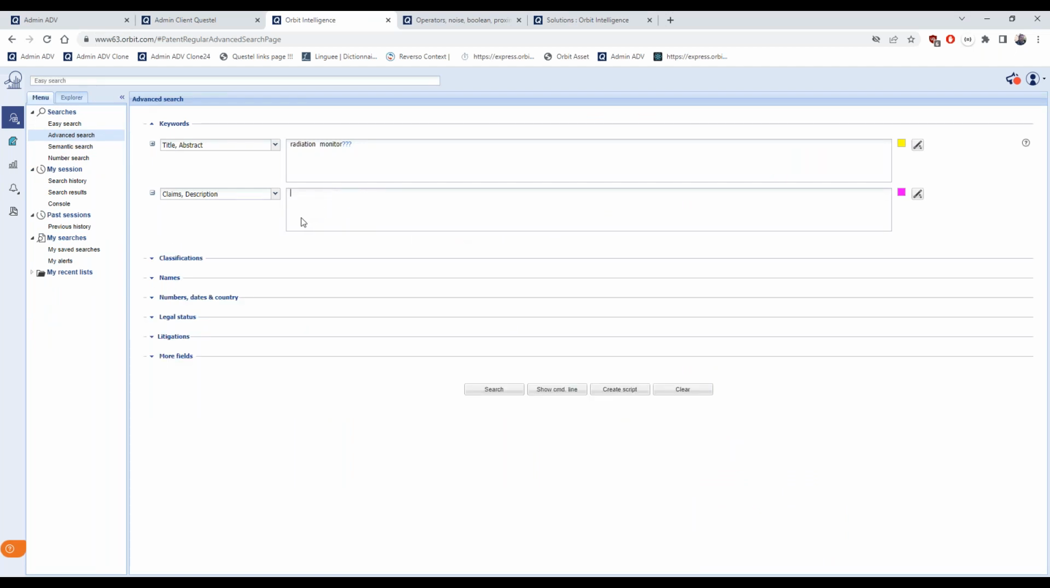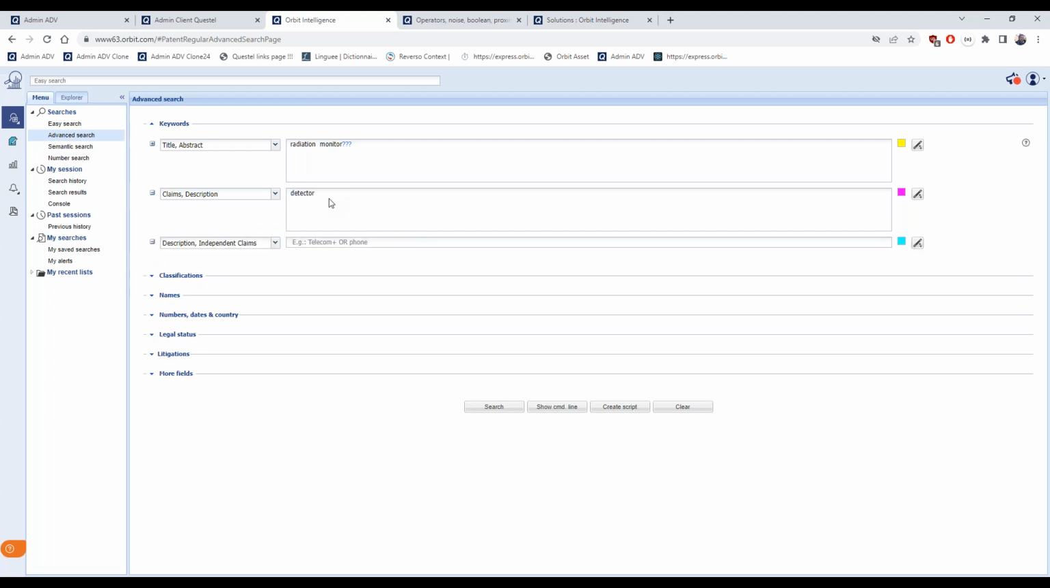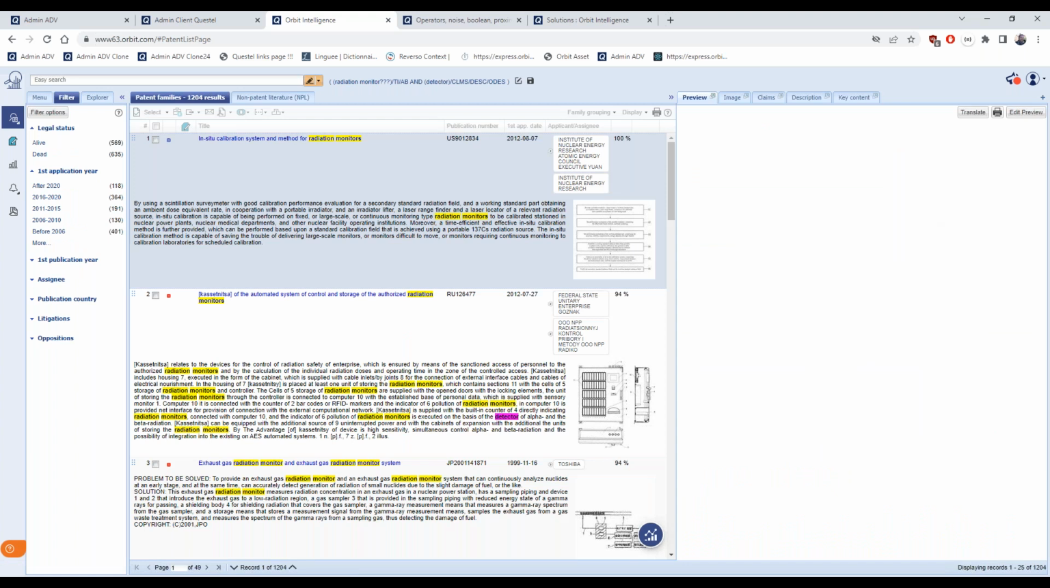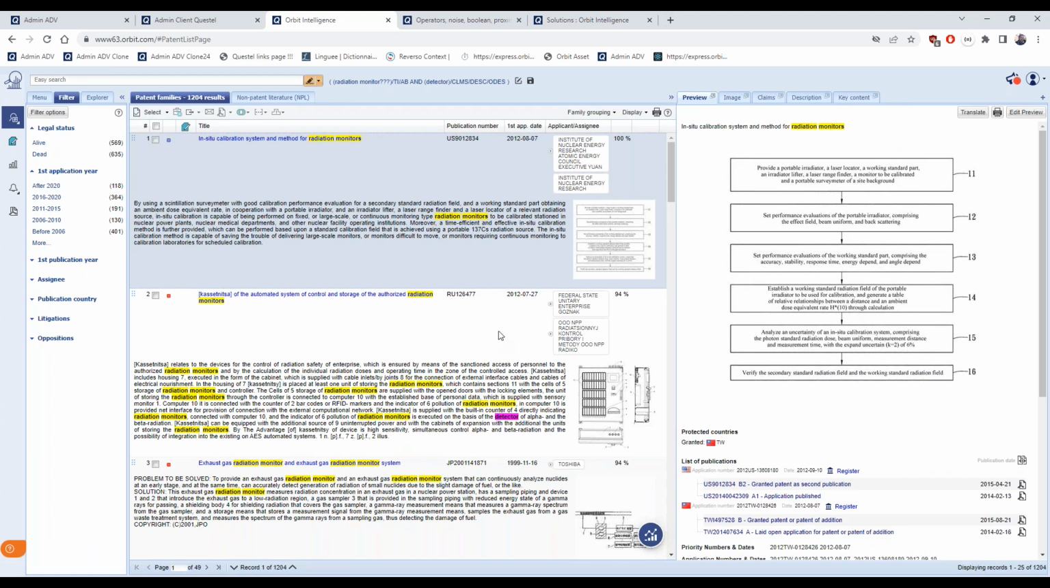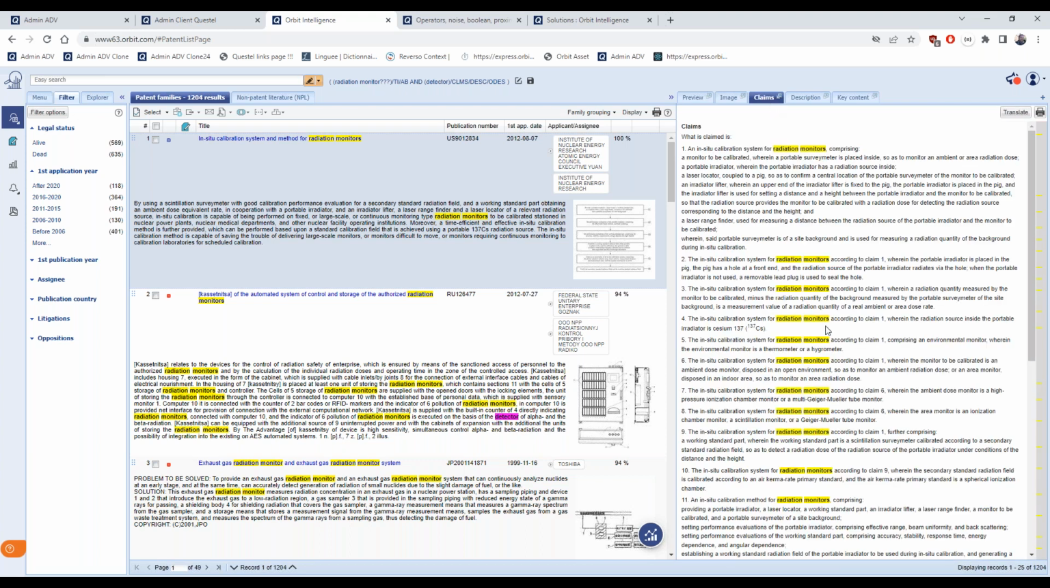I can use other search boxes if I want to search for other terms in other text fields. For example, I keep claims and description and I put detector. You can see that the term that I searched, detector in claims and description, is also highlighted elsewhere, so in all text fields that have found this term. In this case, it's an abstract. If I go to the claims tab, I don't see detector in it, but